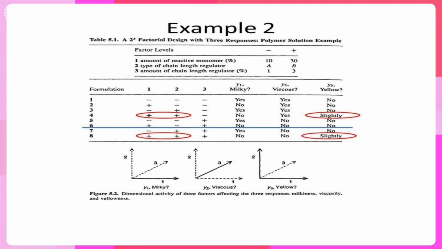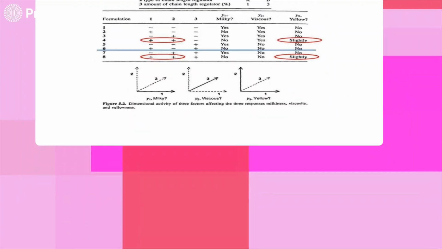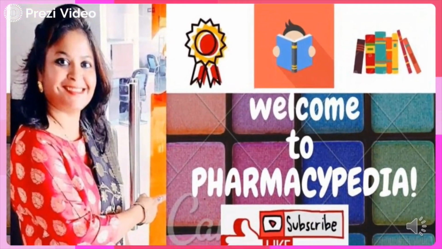So this is just another example whereby you can see there are 3 independent variables which are being studied over a number of formulation trials. And the result is explained graphically using factorial design and Design Expert software. In my subsequent video, I'm going to share further details about the 2 by 2 factorial design and the 2 by 2 by 2 three-level factorial design.